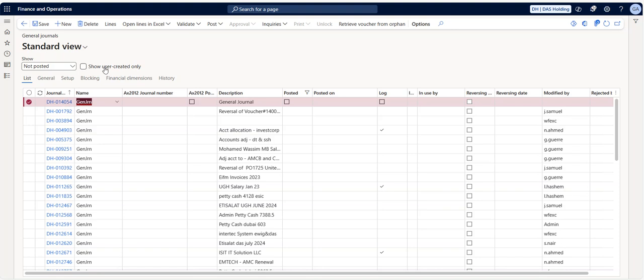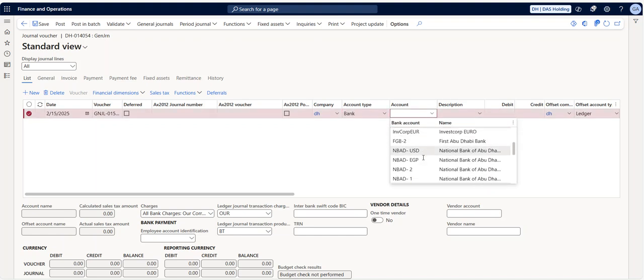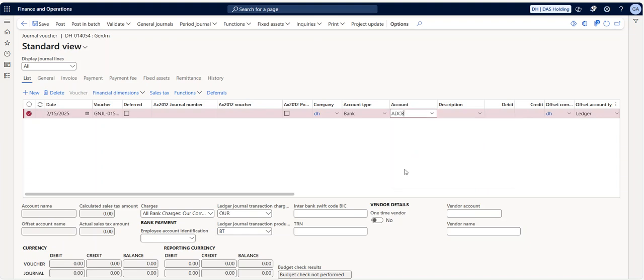Okay, after selecting the journal, I will go to the lines, and at here I will select my respective bank. Okay, and at here I will select my respective bank account, that is ADCB, which I have selected over here. After pressing tab, you can provide the description: Charges for the month of Jan